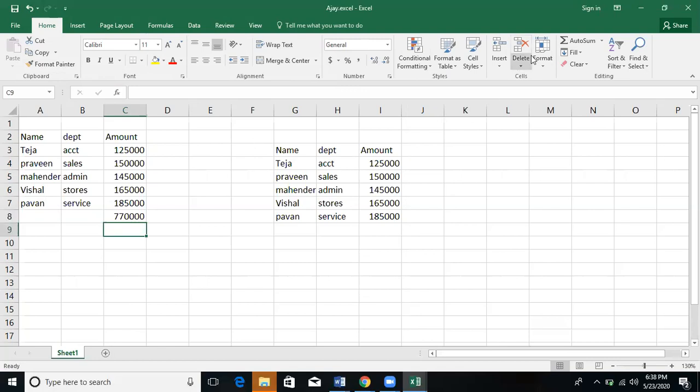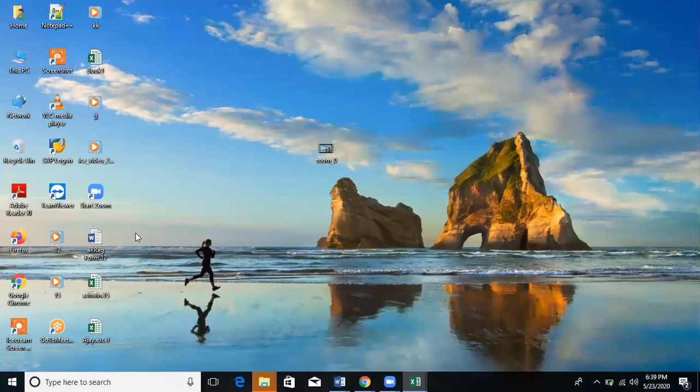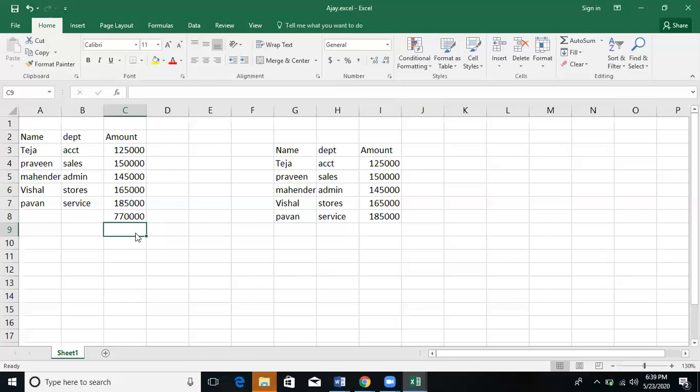And if you want to maximize or minimize, Alt space. Again, Alt tab to choose the application.